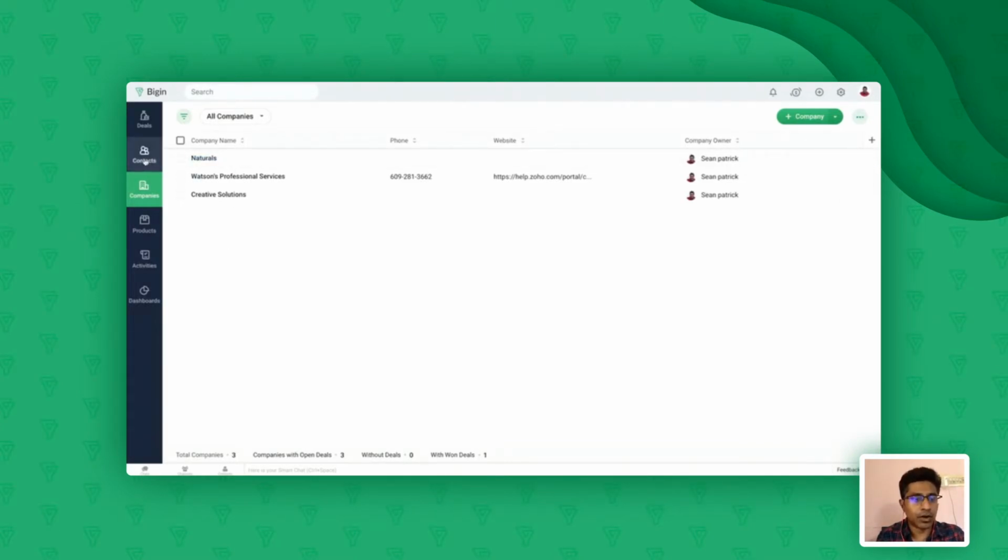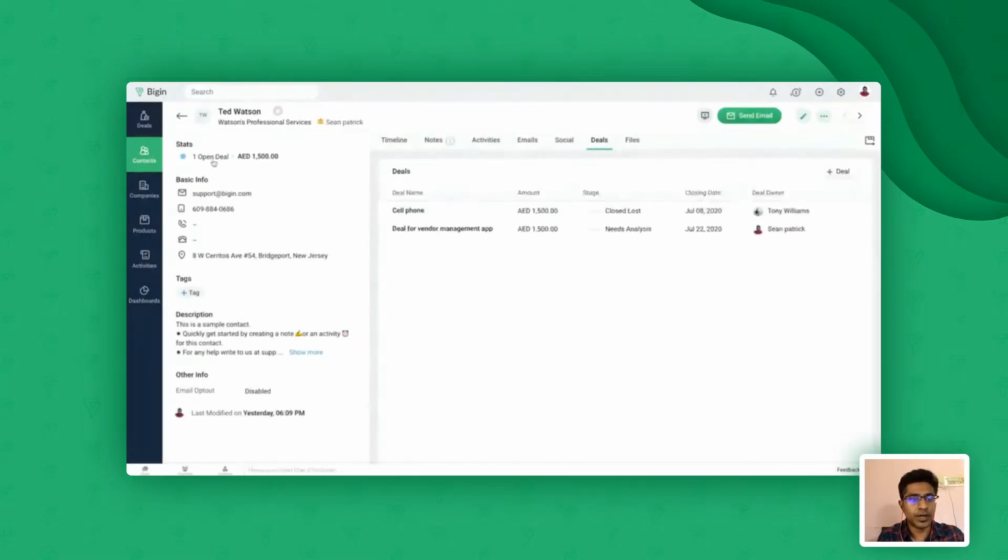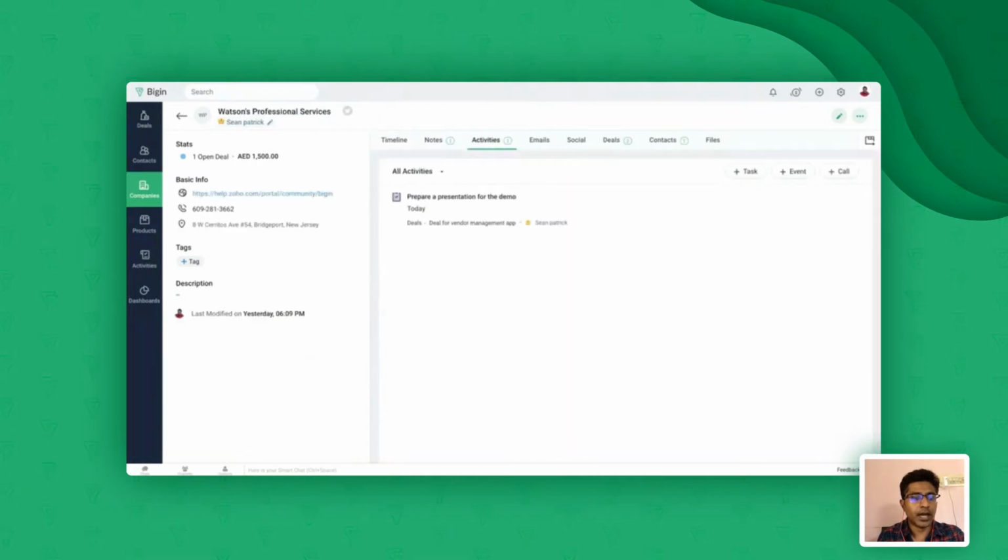So for example, if I go back to the contact module and open Ted Watson over here, you can see his information here, and you can see his company over here, which says Watson's Professional Services. When you click on this company, it will take you to the companies module.